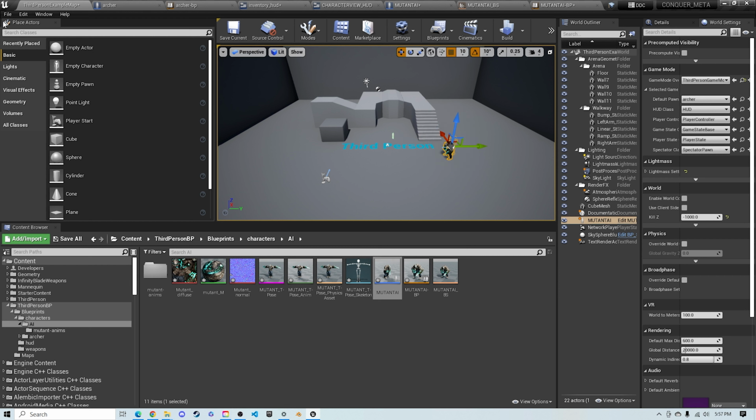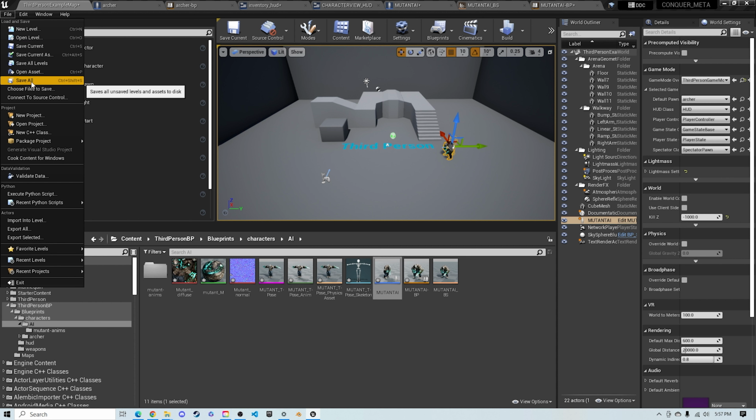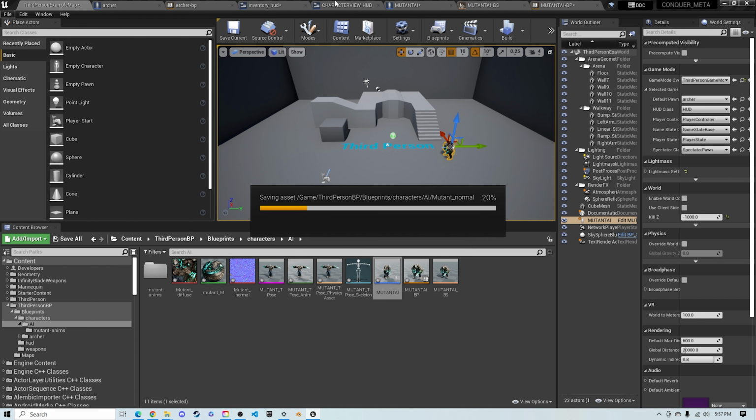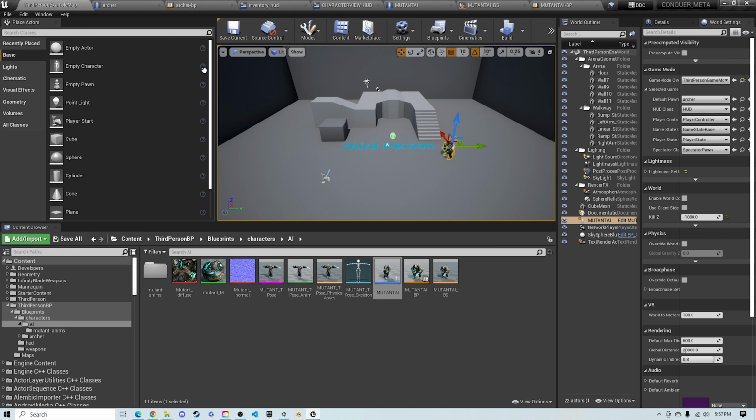And then after every couple moves, you always want to save all. This is so important. And before testing, you always want to save all just